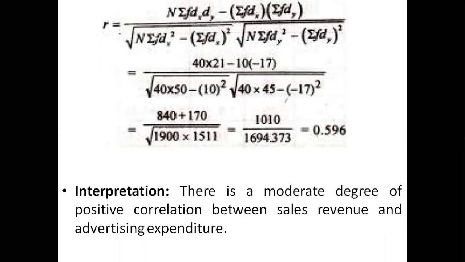अब simple language में इसका mean क्या होता है? It means if your sales revenue increases, you have the capacity to increase your advertising expenditure as well. यानी कि अगर आपकी सेल बहुत ज्यादा होगी, then you can also increase your advertising expenditure. अगर आपका sales revenue कम आता है तो you have to reduce your advertising expenditure.